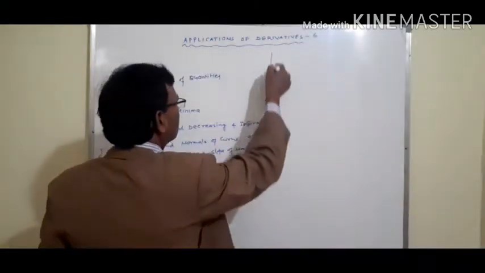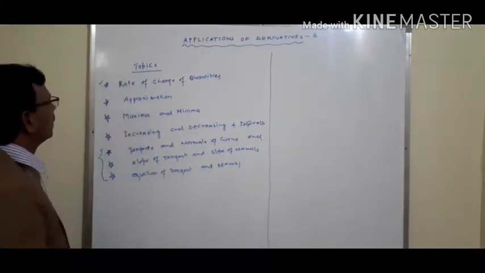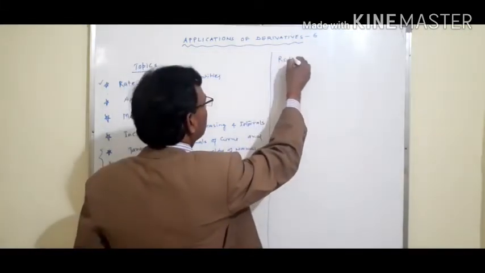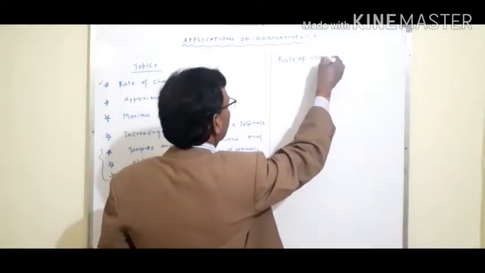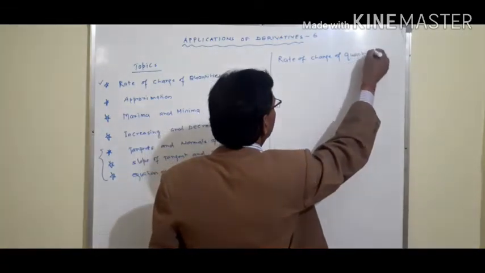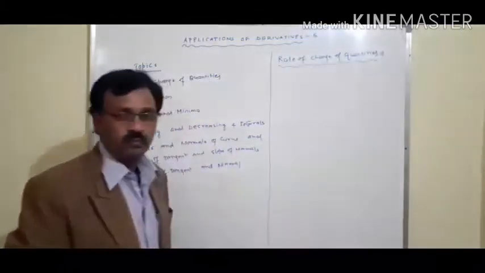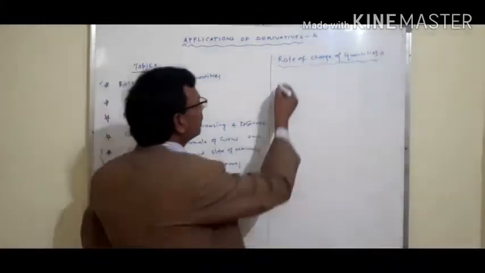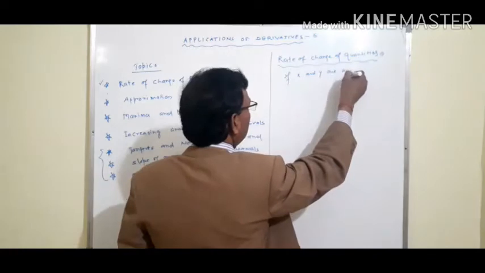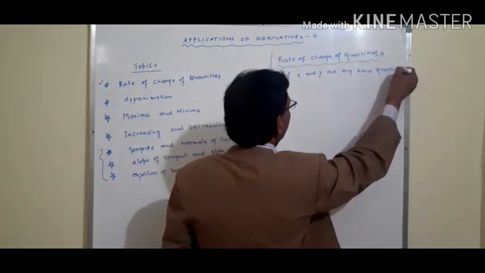Now we take the first topic, rate of change of quantity. What is rate of change of quantities? The mathematical definition is: if x and y are any two quantities,